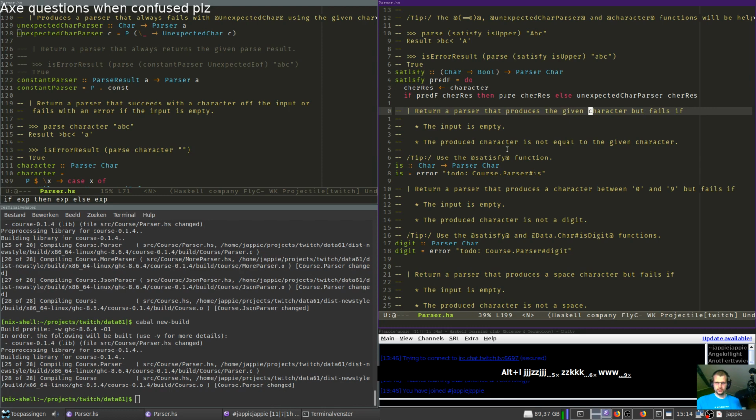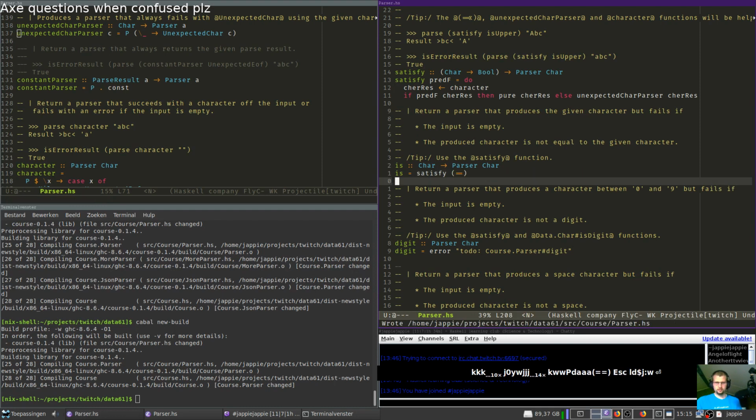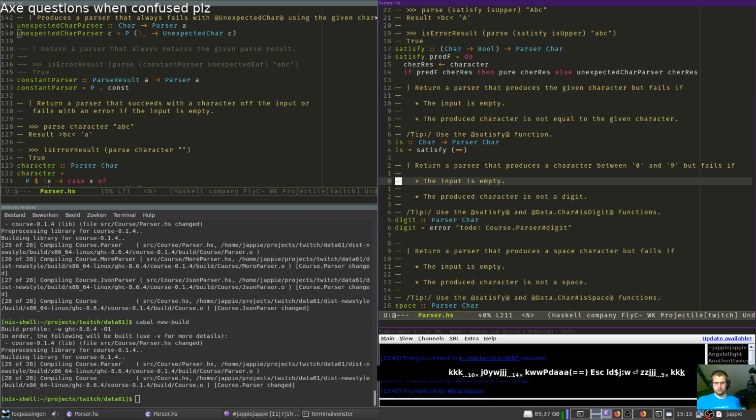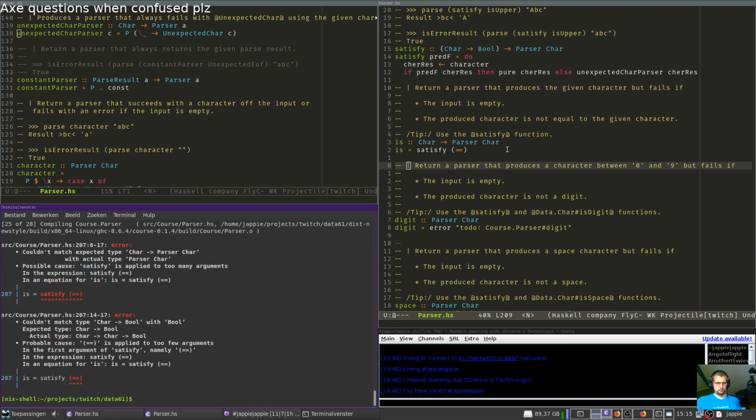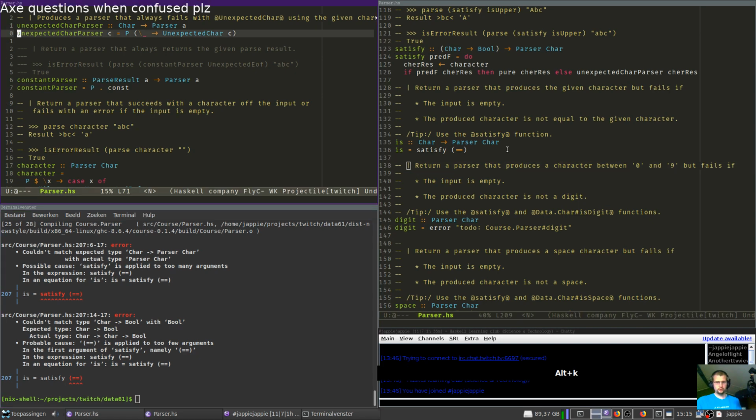Return a parser that produces the given character but fails if the input is empty, or the produced character is not equal to the given character. Okay, let's just do that. Does this compile? Oh, you need to have the thing.